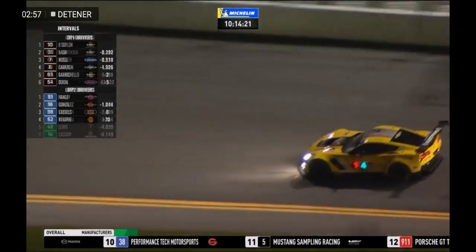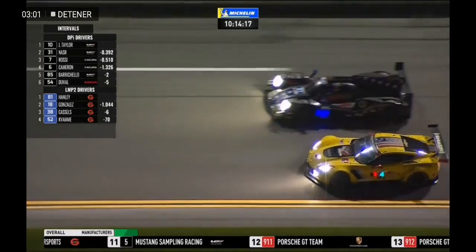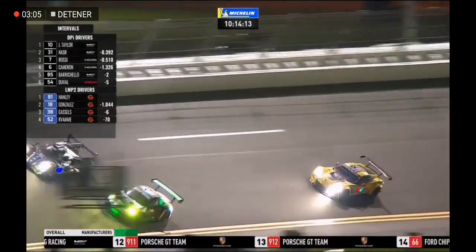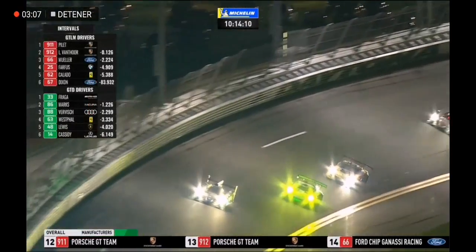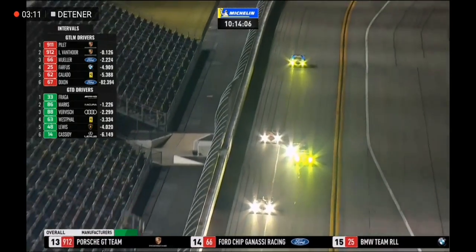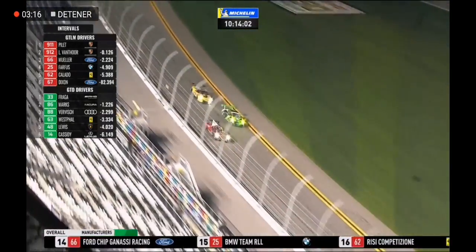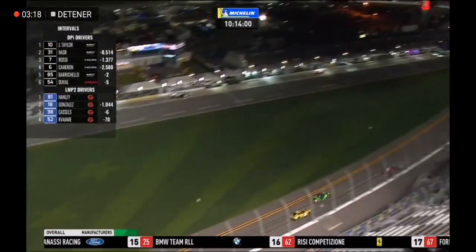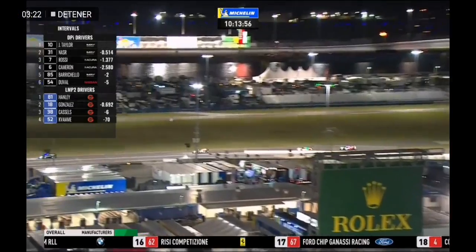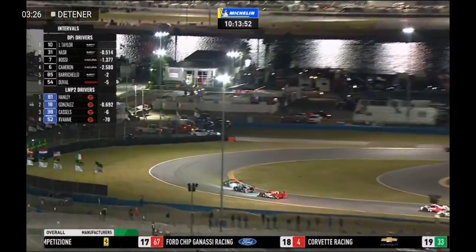No, but it is back to 1 lap off the ultimate pace in GTLM now, so neither of the Chevys are on the lead lap with 10 hours and 15 minutes remaining. Still a long, long way to go, of course, so they can, no question, get back into it from here. Yeah, and the Cadillac is at least back up to speed now, tucked in behind the 540 Porsche. So Gavin trying to find a way past there to make up for lost time,